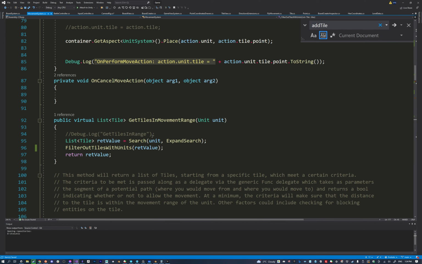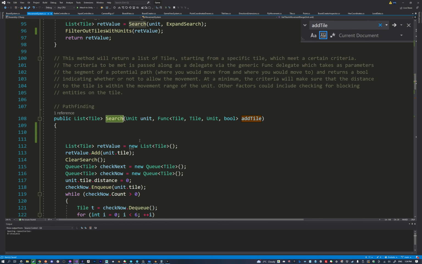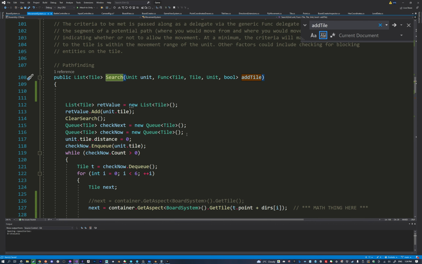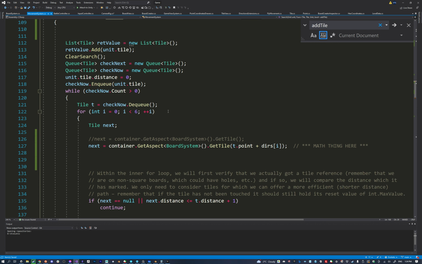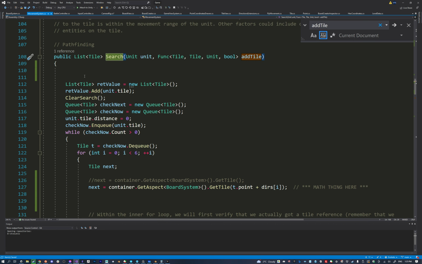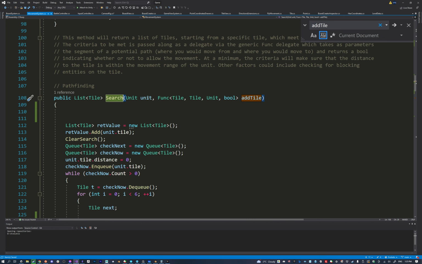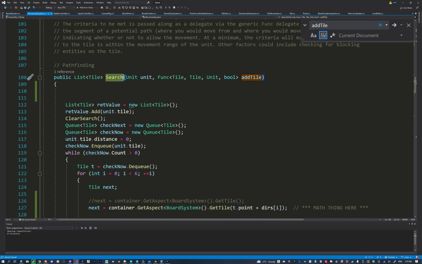So in order to do that, I'm just going to go to search. I could keep a search in the movement system, but inside of it, it will just refer to the one in the board system, because the search in the movement system could use the unit. But I'll filter that out, you know what I mean? So what I'm going to do is take,